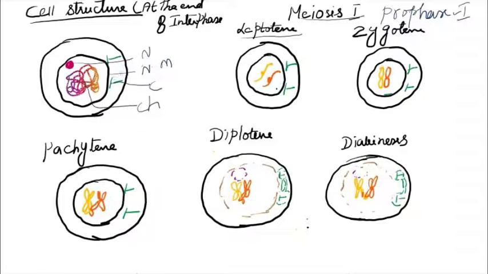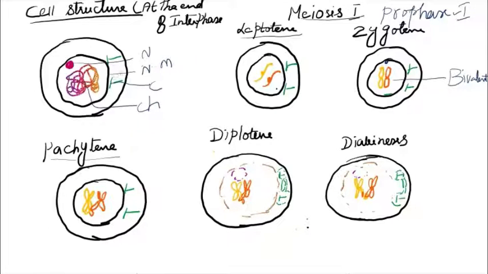The next one, zygotene. Zygotene is otherwise called zygonema. Zygo means pair, nema means thread. Here the chromosomes get arranged in pairs side by side and they form a pair of chromosomes, that is called what? Bivalent. We can call them bivalent, synapsis or homologous pair of chromosomes. When we talk about other structures in the zygotene stage, there is a nucleolus, the nuclear membrane is here, and centrioles are also there.